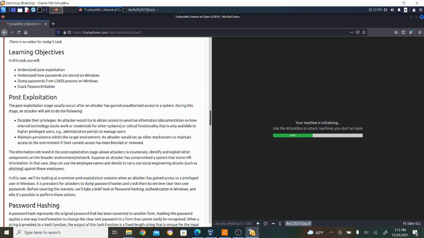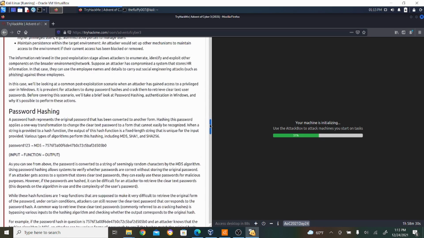Maintain persistence means you want to maintain access to your target. You don't want to lose access. So that's what that means. The information retrieved in the post-exploitation stage allows attackers to enumerate, find, identify, and exploit other components on the broader network environment. Suppose an attacker has compromised a system that stores HR information. In that case, they can use the employee names and details to carry out social engineering attacks, such as phishing,